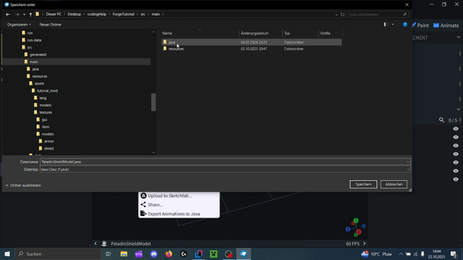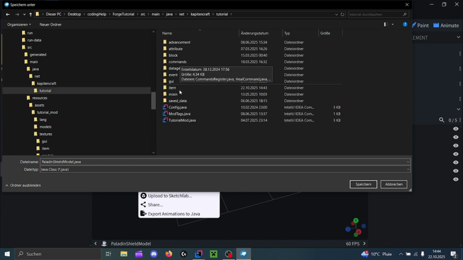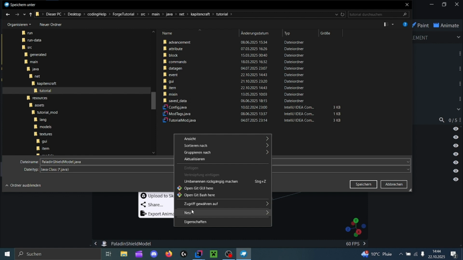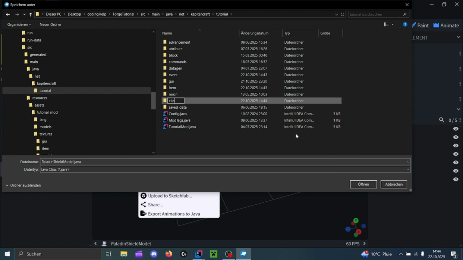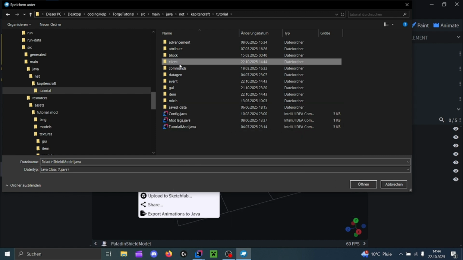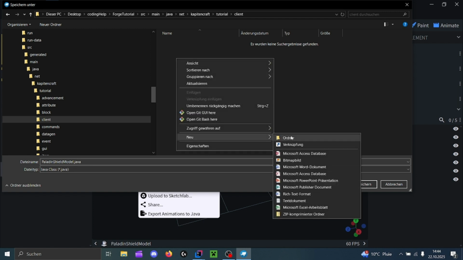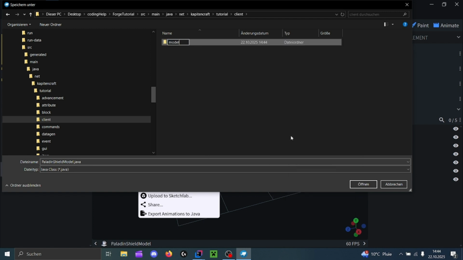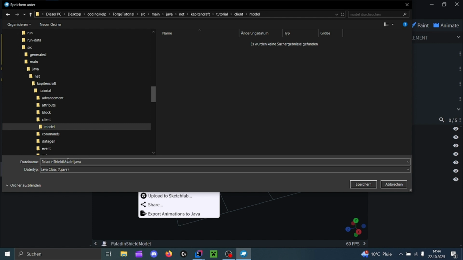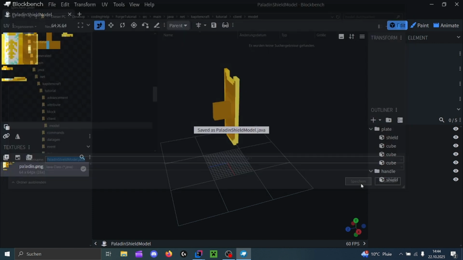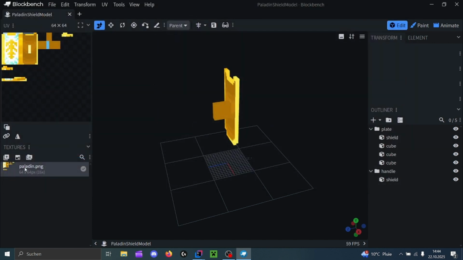src, main, java, your group, then new folder, client, and inside client, yet another new folder named model, and then save the Paladin shield model in there. Nice. The texture you have to save